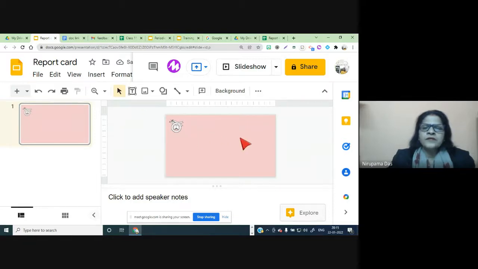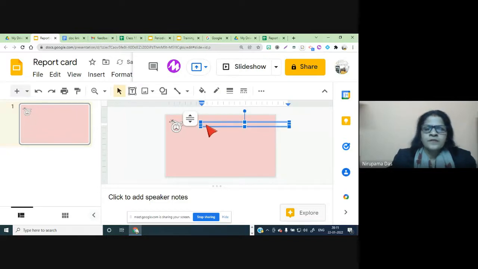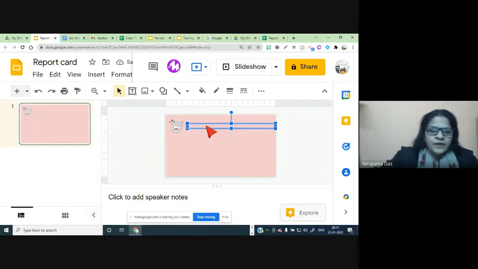Now we want a school name and for what purpose this report card is. For that, a text box, and drag it to the proper place. Maybe I can write here ABC school.